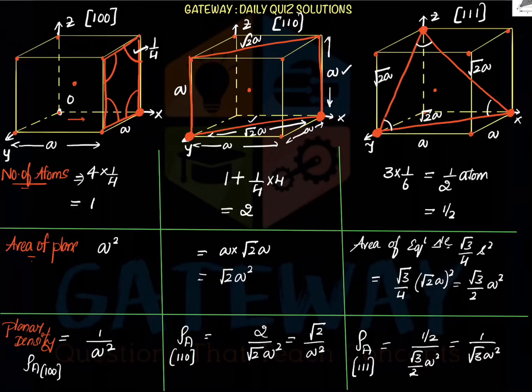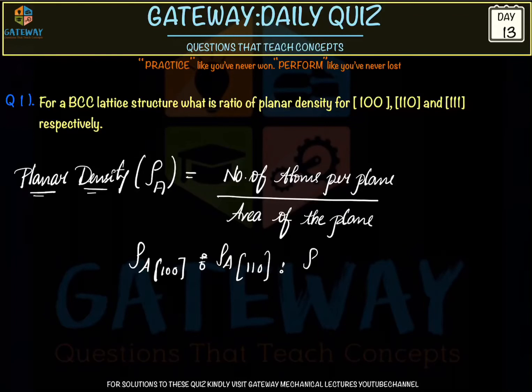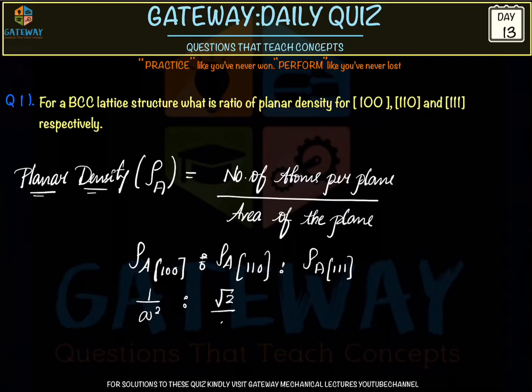Finally, as it was given in the question, this is the way we will be calculating the planar density. We need to calculate the ratio of planar density in the 100 plane to the planar density in the 110 plane to the planar density in the 111 plane. So here it is 1 by A square, we have obtained it, and here we obtained it as root 2 upon A square, and here it is 1 by root 3 A square, and it is nothing but finally 1 is to root 2 is to 1 by root 3. This is our answer